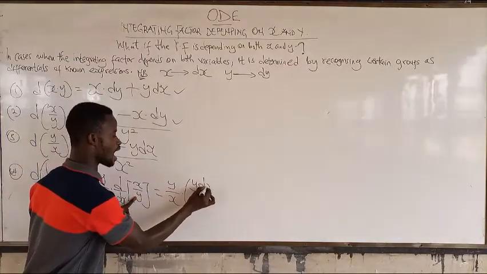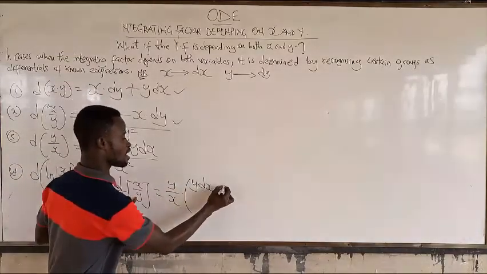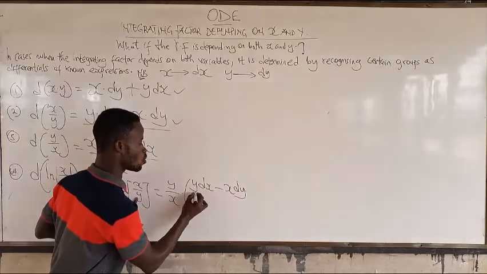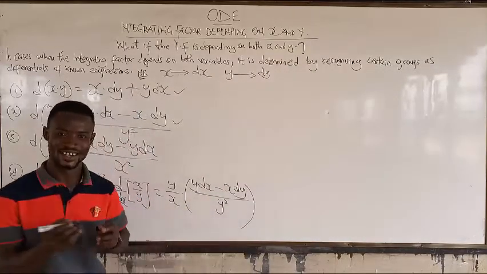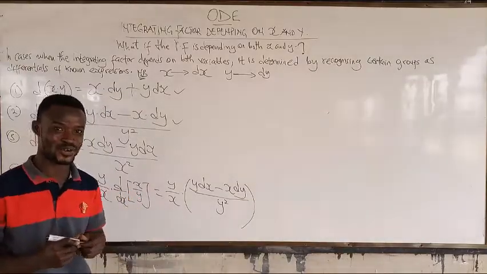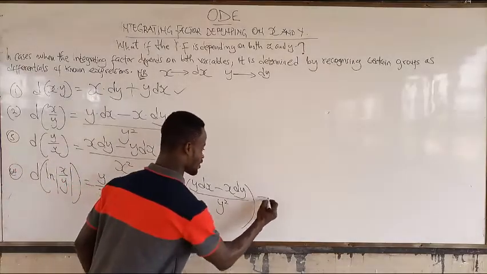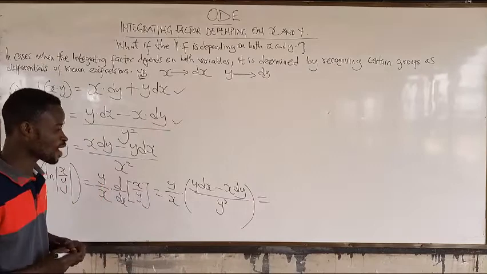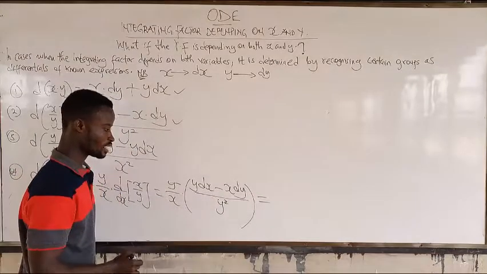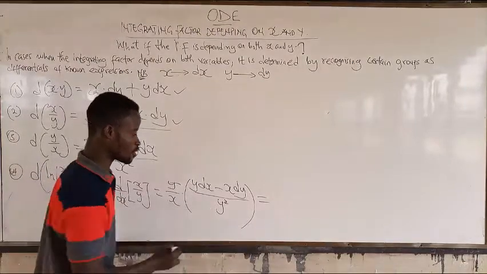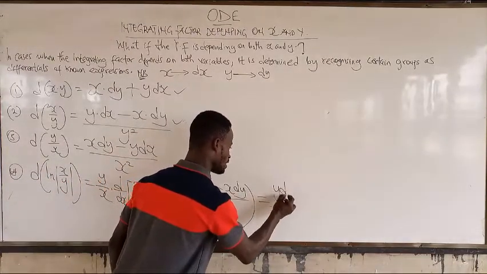Low the high minus high the low. Square the bottom. And away we go. In fact, we are gradually going. So to simplify this, we will clear one of this, and this will go and multiply this. So you are going to get y dx